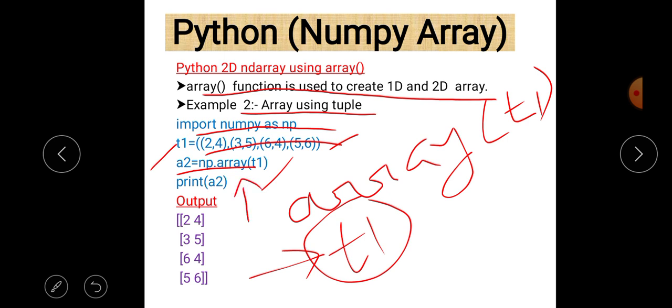We write a2 is equal to np.array(t1), then print a2. These are the elements which we get as output. And why is it so? It is because 2 4 3 and 5 6 4 5 6 are the elements of a nested tuple. So by using array function we are able to convert these elements into an array.